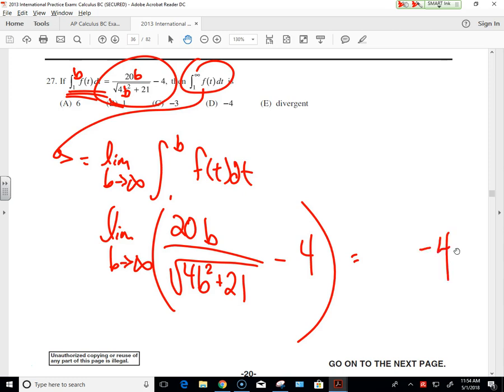I see the degrees being tied in that square root of a quadratic will be a linear. So I can take 20 over the square root of 4 going to positive infinity. There's no sign change. A positive over a positive is a positive. If it was negative infinity, it'd be negative. Careful. Positive infinity, though, I can go ahead and take 20 over the square root of 4. 10 minus 4 is, I would say,